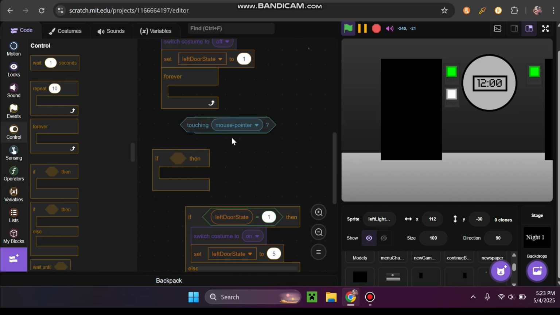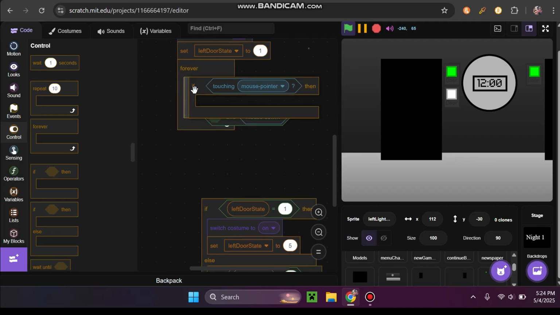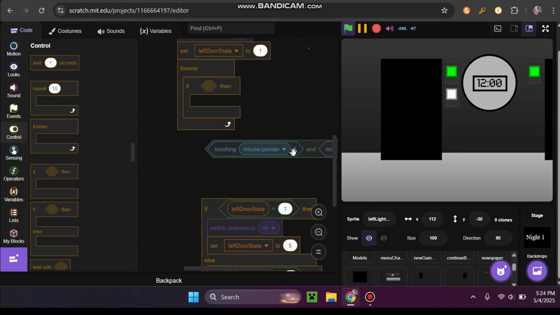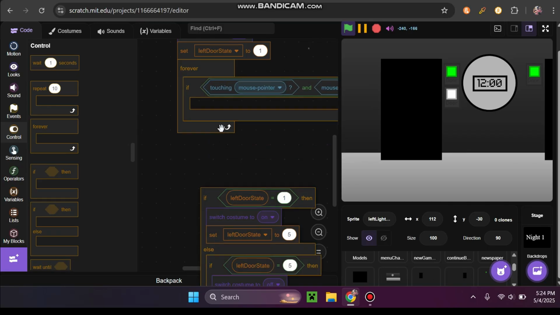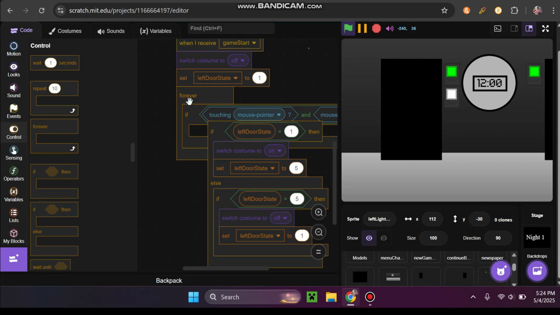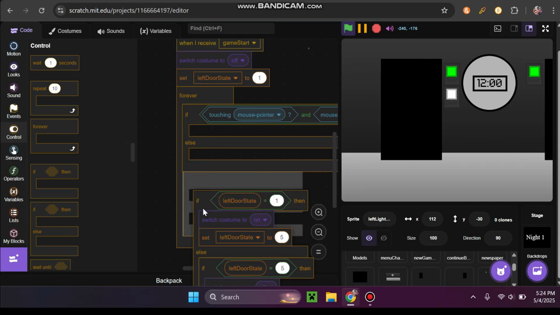Okay, so I think we're gonna do if touching mouse pointer. No, actually, this actually works better. So if touching mouse pointer and mouse down, then what we want to do